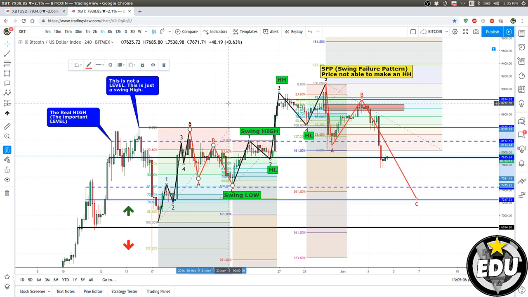Probably from the 4 hours. I'm not going to go in the 1 hour. I don't really care too much because I would like to predict the midterm, also the short term from the 4 hour, I would say. But I'm more focusing on the higher time frame actually later on. There are many patterns that we need to figure out.